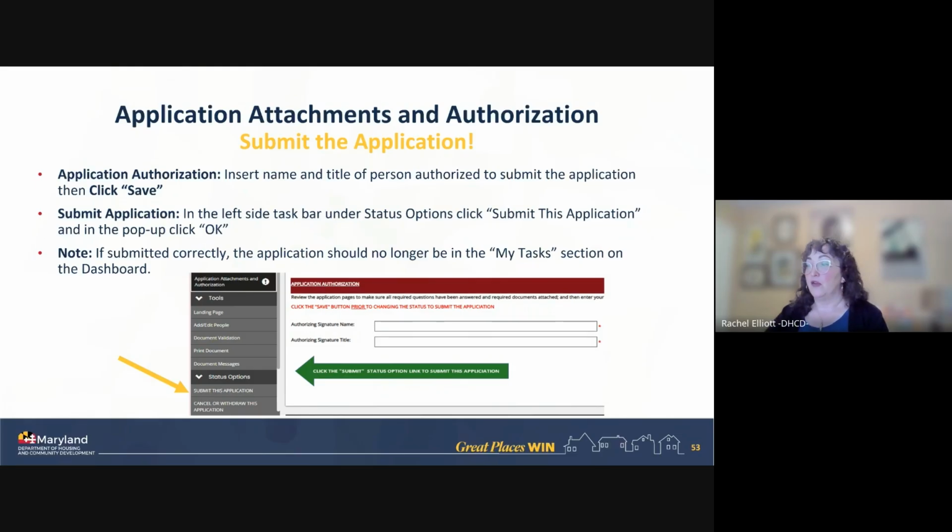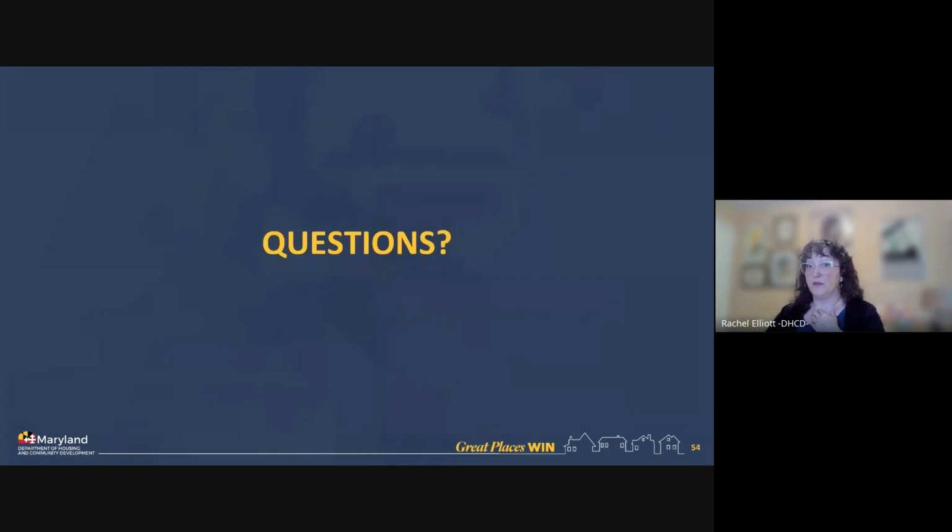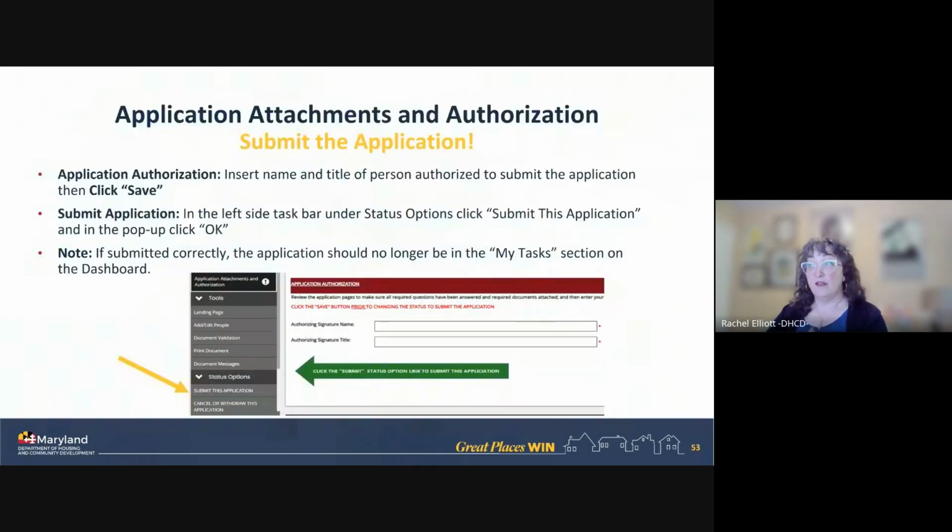And then you're going to follow this nice big green arrow that's on the screen to this taskbar where it says submit the application. You're going to click submit the application. In the submit the application, you're going to get a pop-up, a two-step pop-up to submit it. You should fill that in and hit OK, and it should submit it. If you get an error message, it will tell you where to go back within your application to make completion, because if it's missing certain pages, it won't do it.